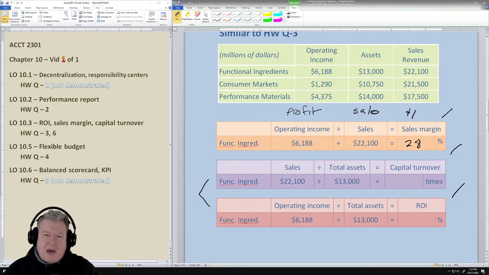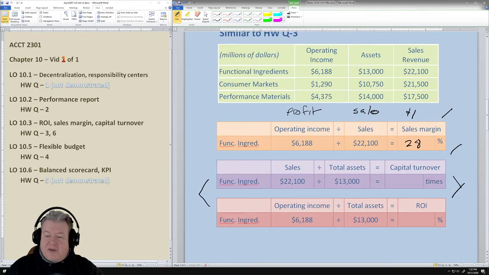Are they being efficient? For every dollar of machine I buy, how much profit or how much sales are they generating? So we look at the ratio of operating income to sales, and then we look individually at sales to assets and then operating income to assets. And even though those seem like relatively simple concepts, you notice that they use some very odd names. Return on investment, capital turnover. So don't get so caught up in the names. Just realize what we're comparing things to.